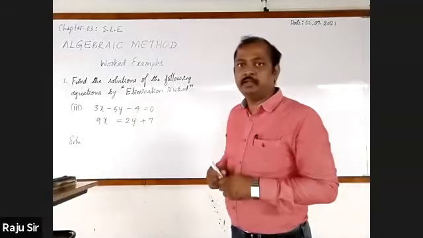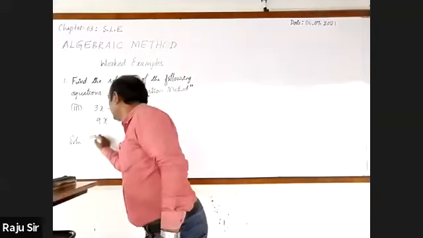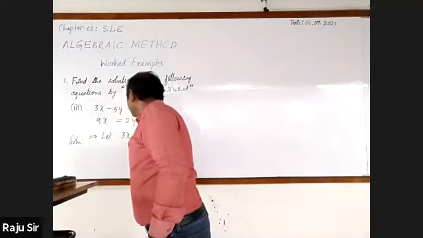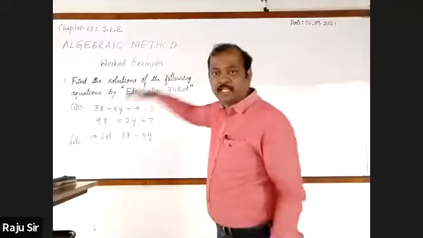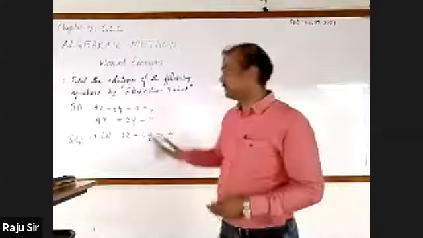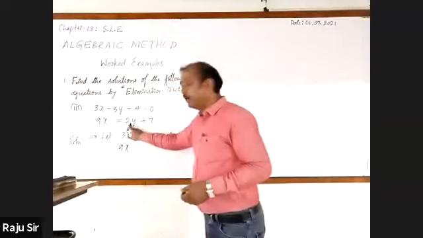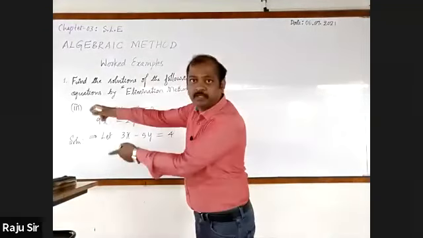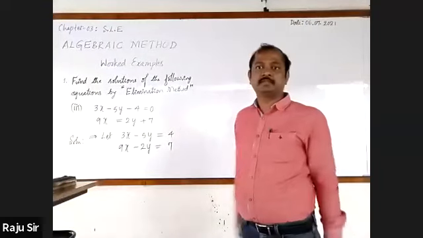Now let's write both of them in standard form. Please write with me. 3x minus 5y, there is a constant minus 4. Please transfer that to the right hand side, and transferring it becomes plus 4. Next, second equation: 9x as it is. Now, the y term is on the right hand side. Transfer that to the left hand side: minus 2y, which is equal to 7, already on the right hand side. Write it as it is.